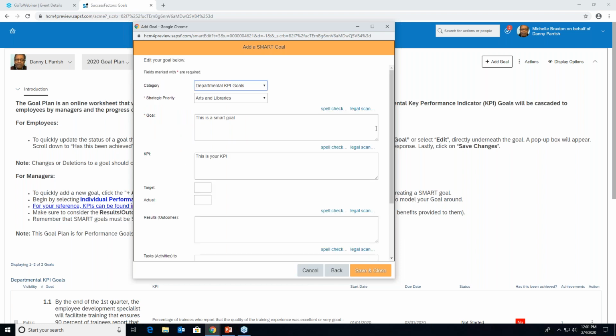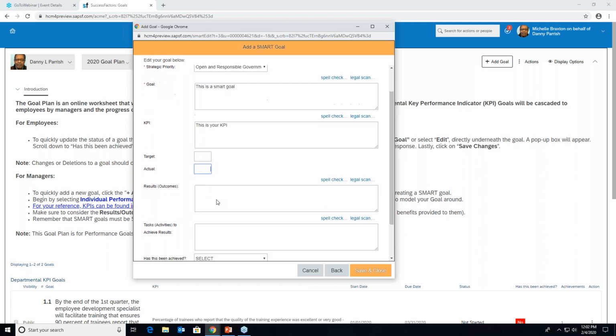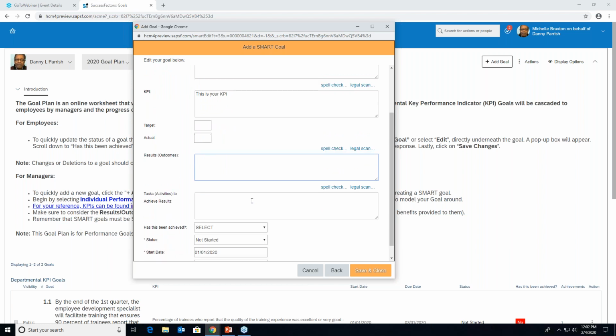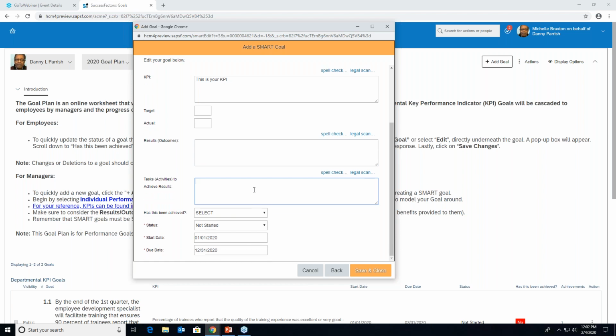If you click add more details, which you'll definitely need to do, then it breaks out various fields. The strategic priority, you would select the appropriate response. And then if there's a target, you can put that there, and what the actual measure is. If there are expected outcomes or results, you can put that information in that field. Any activities or tasks that it would take to achieve that particular goal, you can put that information there.